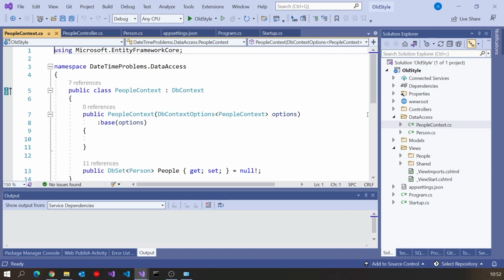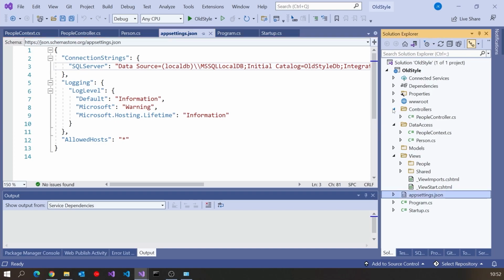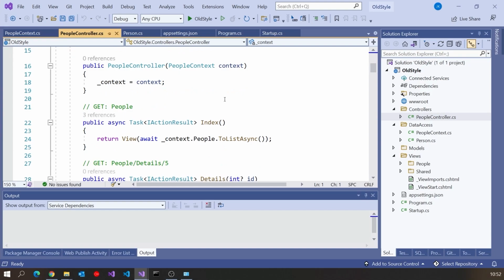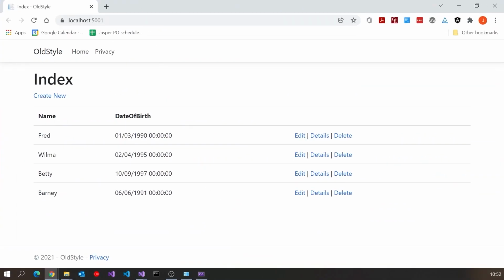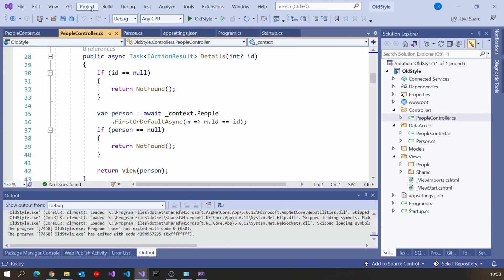So we're connecting to a database, and then in the appsettings, I've got an SQL connection to my local SQL Server. So that's the sort of thing we've got. I've then also created a People controller, which just creates the context. This was all scaffolded code. I didn't have to write any of this for myself, and we still don't in .NET 6. But if we run that one up, then we can see that it's just got this list of persons that I've put together there, and we can get details, we can edit, all the standard sort of stuff. And so let's just see the differences between what we've got there and what we've got in the new style.